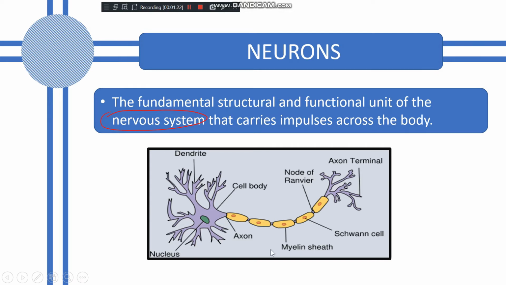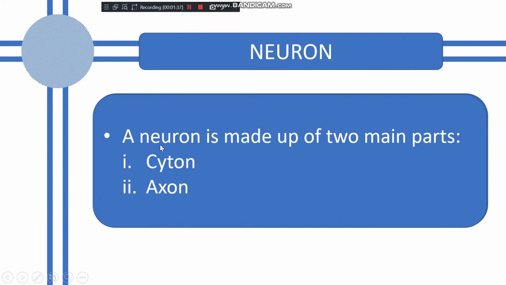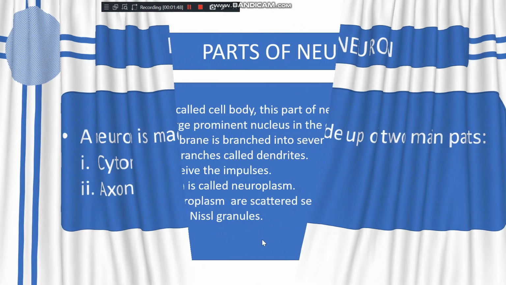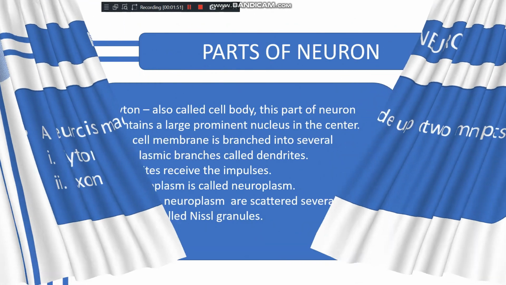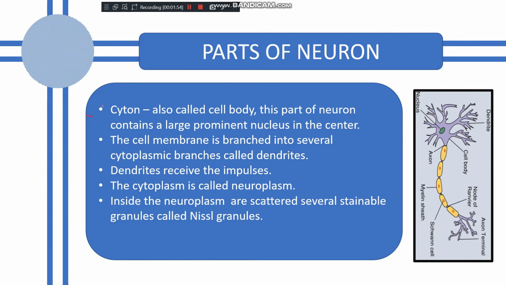We can see this is the cell body, this is the axon, and this is known as the axon terminal. It is also known as the nerve ending. A neuron is made up of two main parts, cyton and axon. Cyton is also known as the cell body. The parts of a neuron. The first part is the cyton. As I told you, the cyton is also called the cell body, and this part of the neuron contains a large